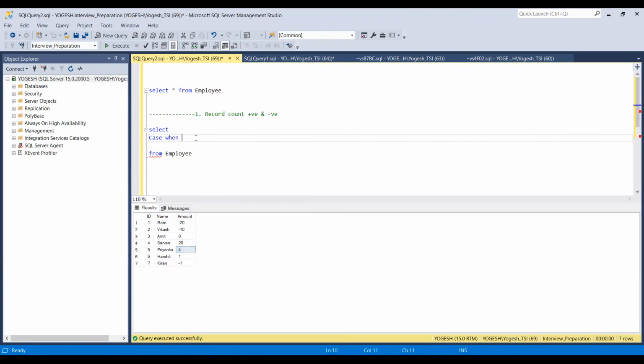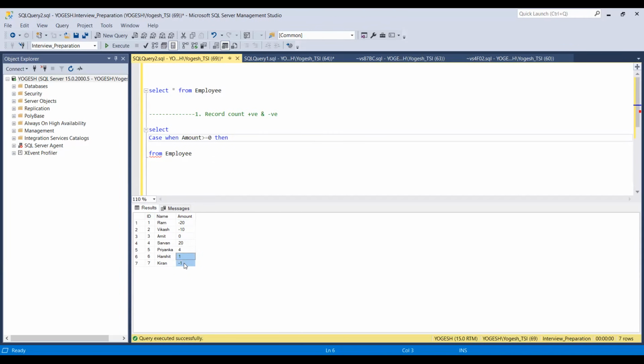Just apply the condition: when amount, which is the column name, is greater than or equal to 0, then we have a positive value. Then, when I am going to extract the positive values, I will take the positive values and remove the negative values.